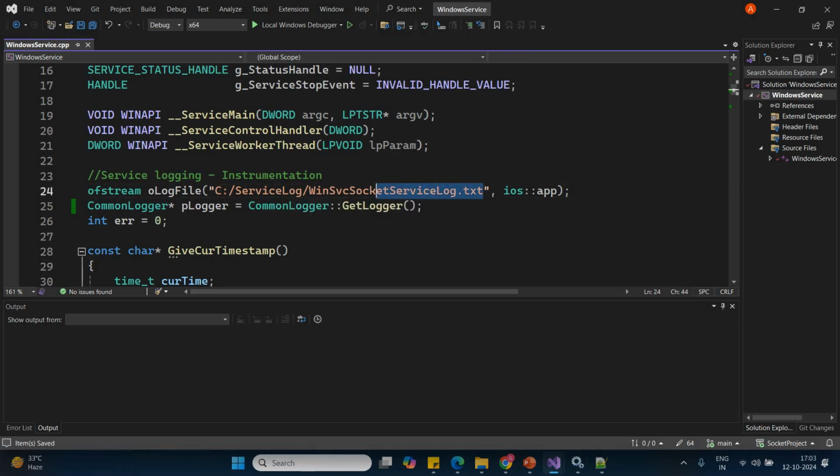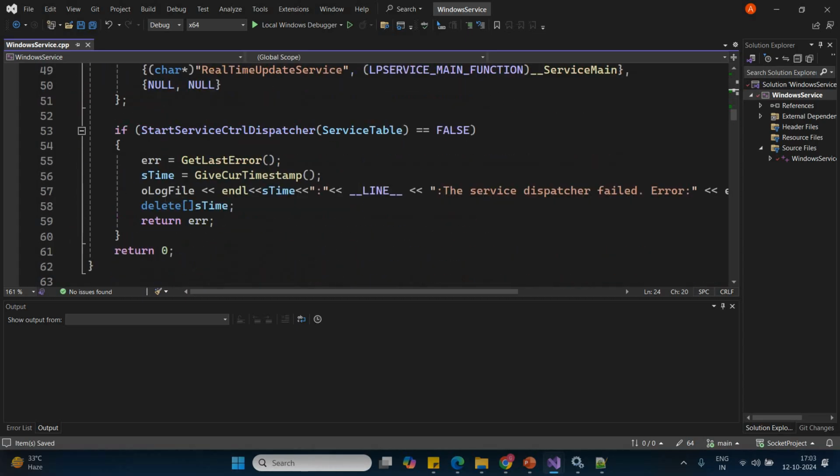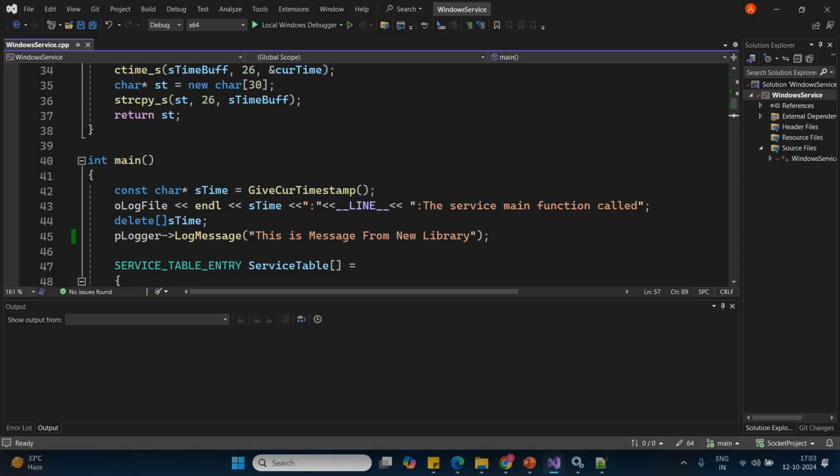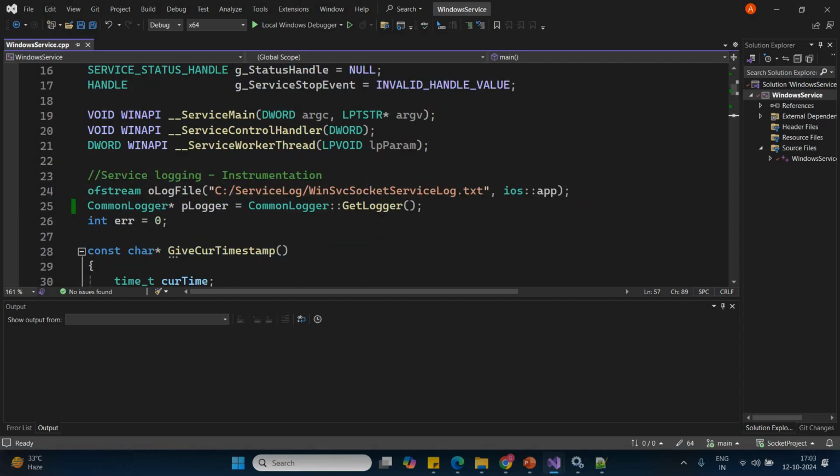svc socket service log.txt. Since we were able to see the logs which were coming from the old code, they were visible. But our new code, this code where we have put our new log, this is the message from new library, was not visible. The reason was that we were looking at this location: C service log win svc socket service log.txt. But in fact, I told you that in the previous video, we just created one environment variable, and that